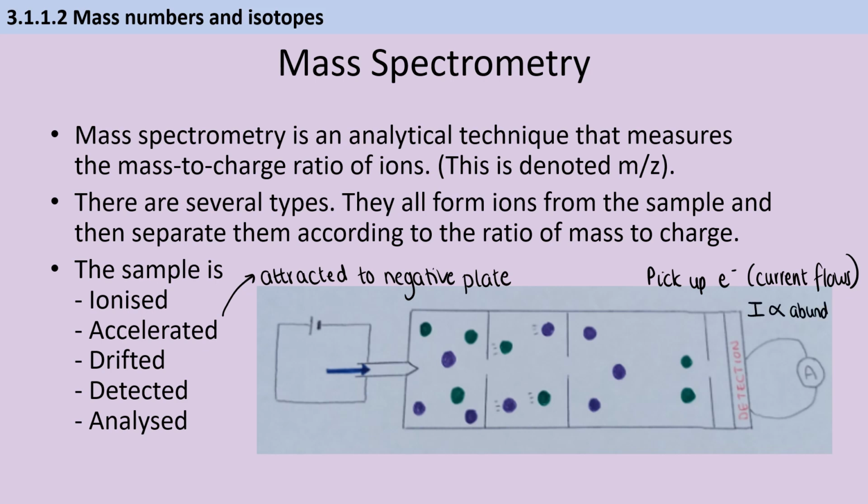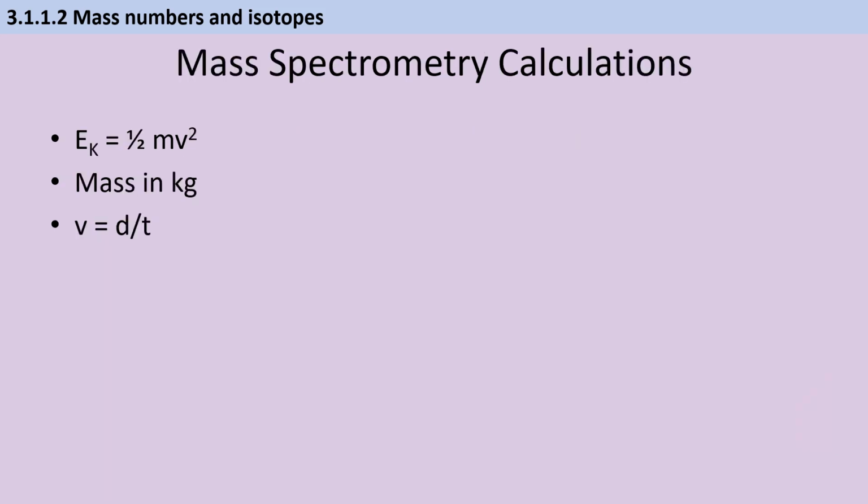And then the size of that current is going to be directly proportional to the abundance of that ion. So if there are twice as many of the ion, we'll see twice as large a current flowing. It's very likely that if you have a question on mass spec, you'll get 5 or so marks at the